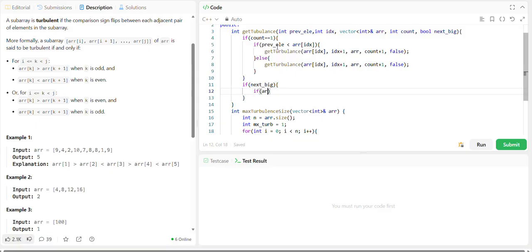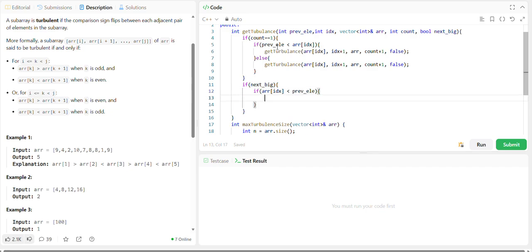If array of idx is bigger than... okay, if idx is less than previous element, then this is not a valid case, right? We need to return zero. Else